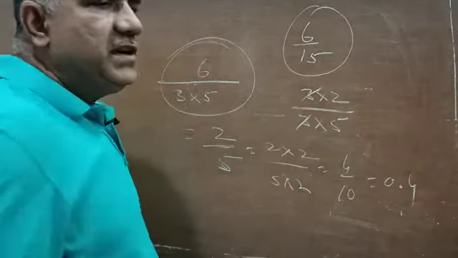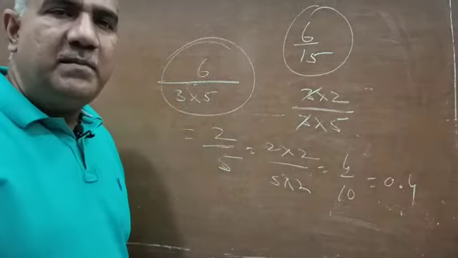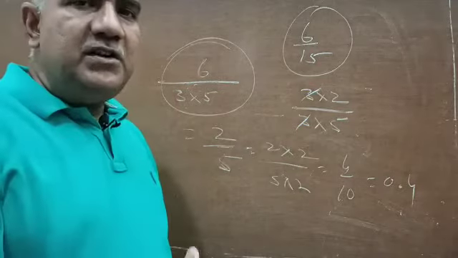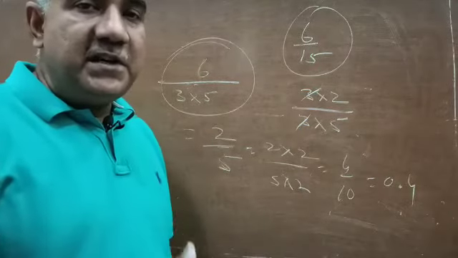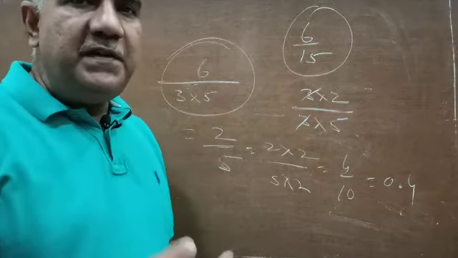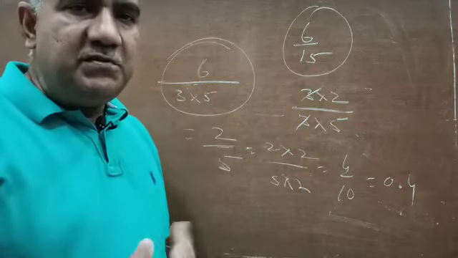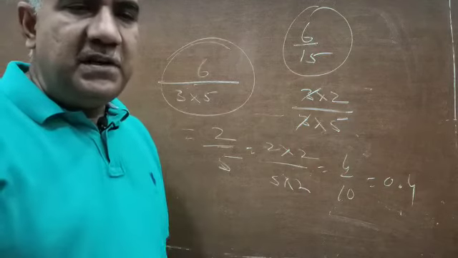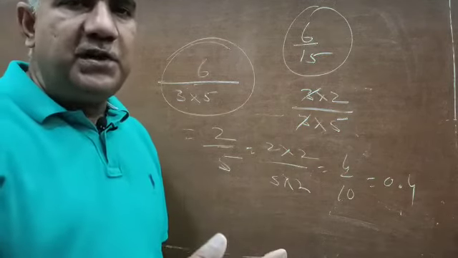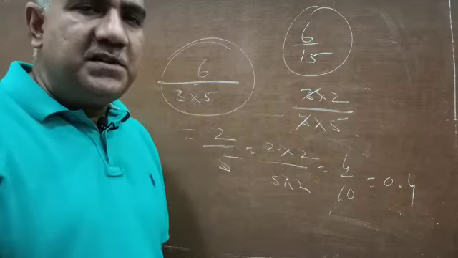So this was a very important part of the theorem: don't simply look at the denominator. Before looking at the denominator, ensure that both p and q are co-prime. Thereafter, if you find the denominator contains a number other than 2 and 5, then the decimal expansion of that number will be non-terminating but repeating. And if it contains only 2, only 5, both 2 and 5 with different powers, or both 2 and 5 with the same powers, then in all these 4 cases the decimal expansion of such a number will be terminating.